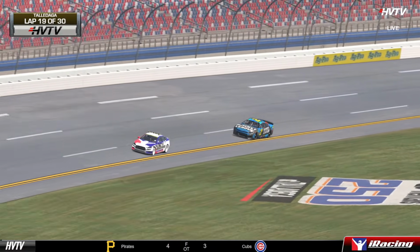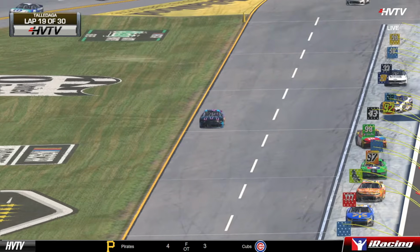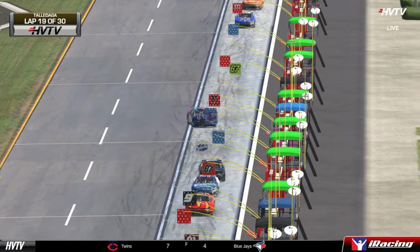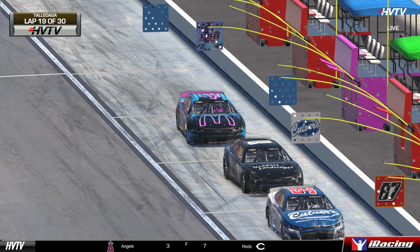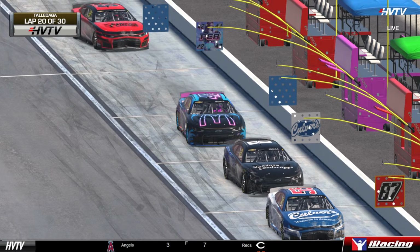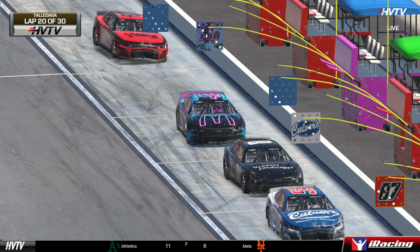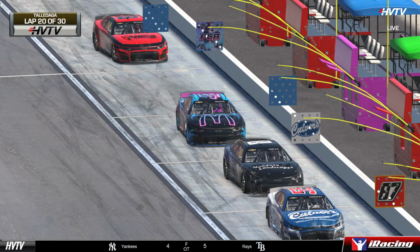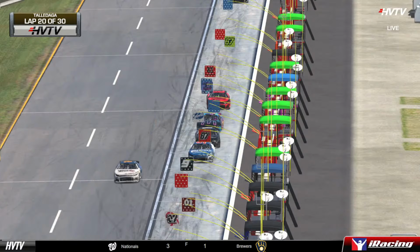Braden Maverick takes a hard left turn on pit road. I don't see any damage to Braden. Carter Kingsley in the 4 all tore up. What was that machine? Aiden Contreras off pit road. I'm not sure why Braden's coming down pit road there, but